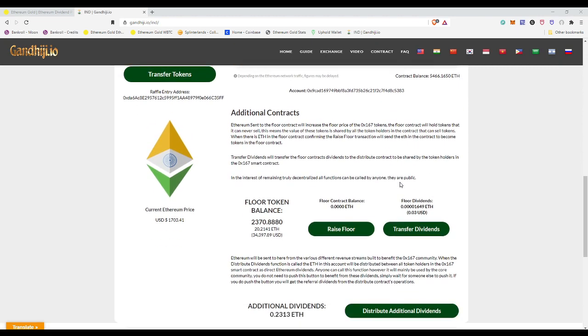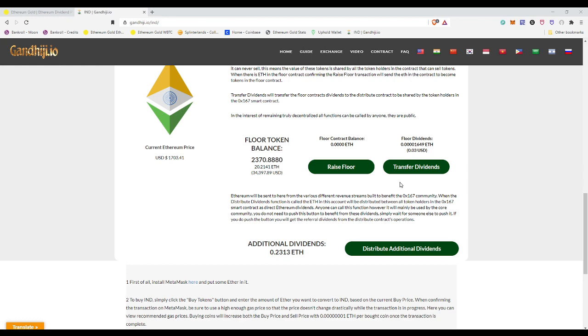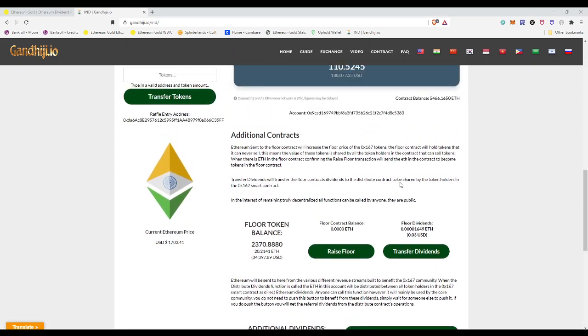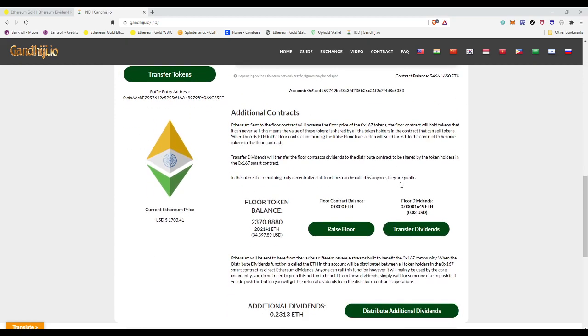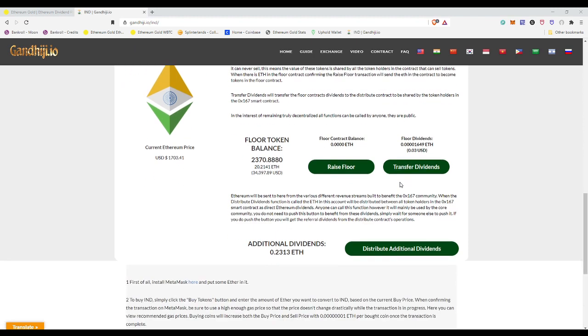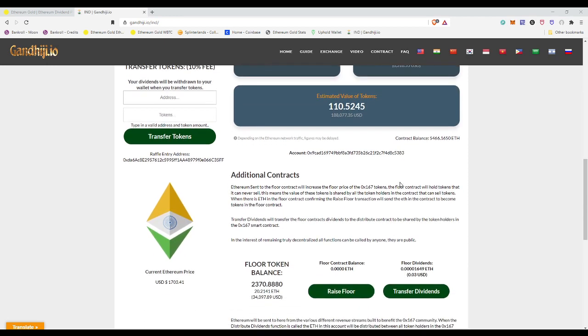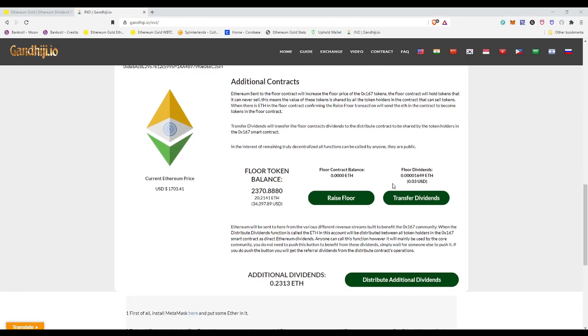Now, this feature is only available on the original Gandhi IO UI, which is Gandhi.io. This is the original UI for the Gandhi smart contract, the Ethereum Gold smart contract. This UI is the oldest UI, I think. Yeah, it should be the oldest UI because it was the first UI. And I think Sunny decided to add these functionalities to the oldest UI